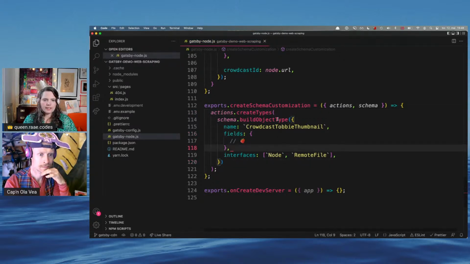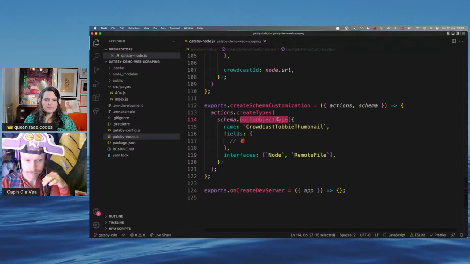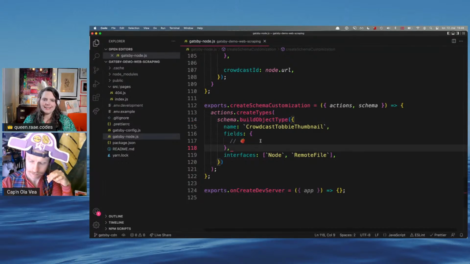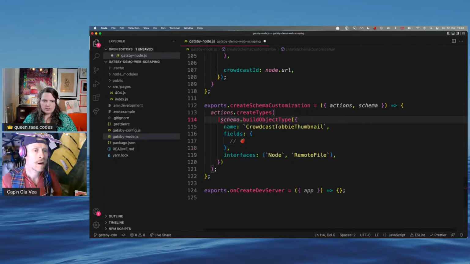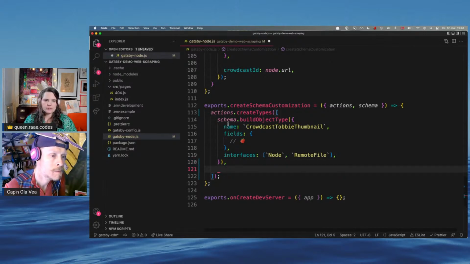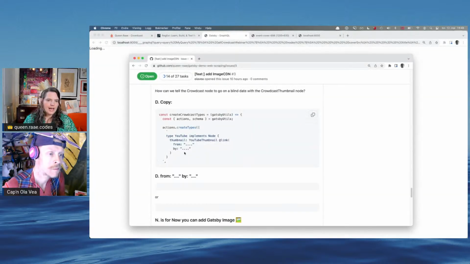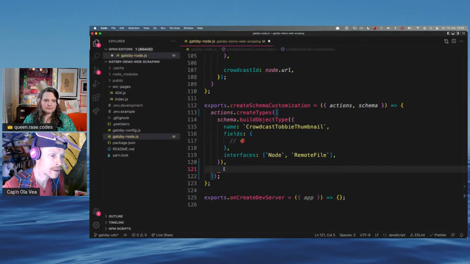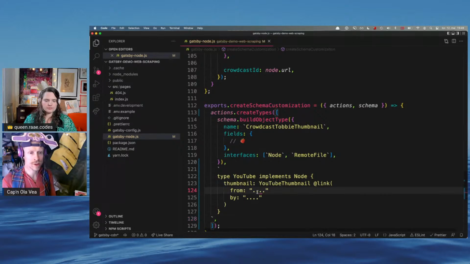Okay, so let's Google build object types, because I don't know if I can create the fields with links when I'm doing build object type. So let's try again. We want to create more types. So we create another type. Here we use the schema build object type. Now we're just going to write it out as a string. So I think what we did last time with YouTube is that we just used,